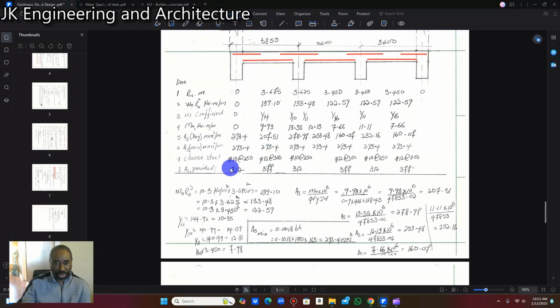we're going to choose number 10 at 250 millimeters on center. That's 10 inches. For our bottom bar here, we're going to choose number 12 at 300 millimeter on center. And for our over support here, we're going to choose number 10 at 250 millimeter on center. For our bottom bar here, in the tension zone of the concrete, we're going to choose number 12 at 300 millimeter on center. For our top bar here over the support, we're going to choose number 10 at 250 millimeter